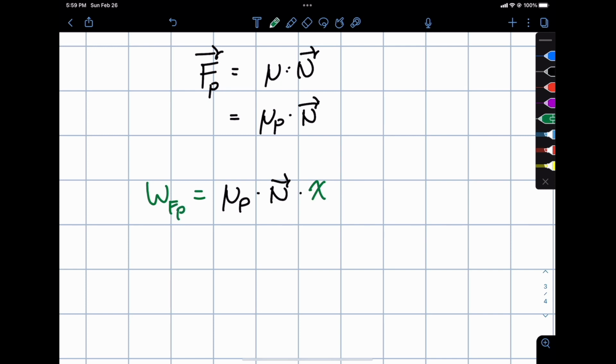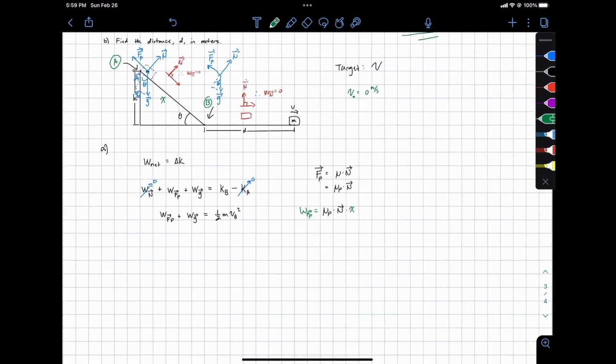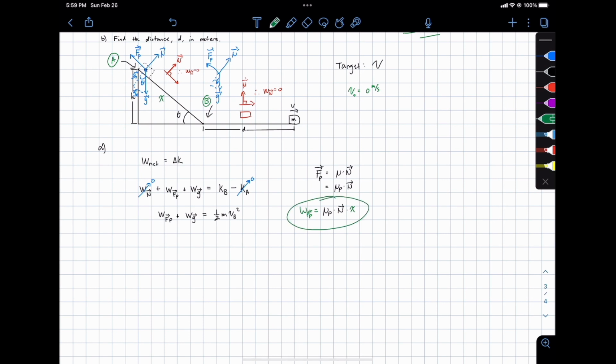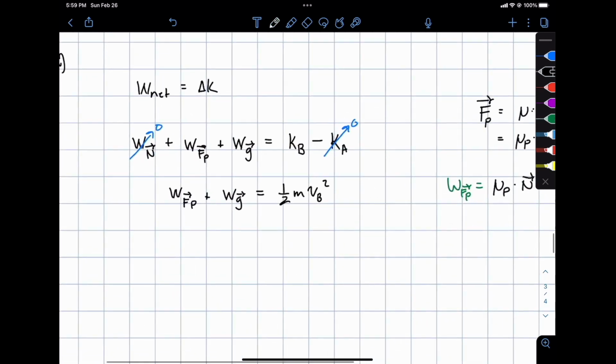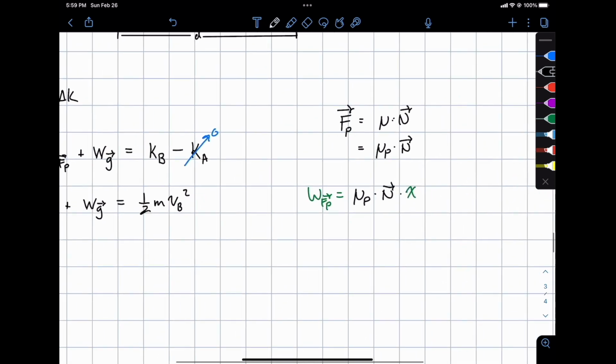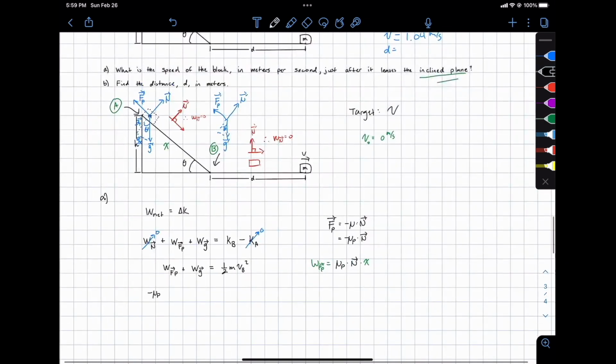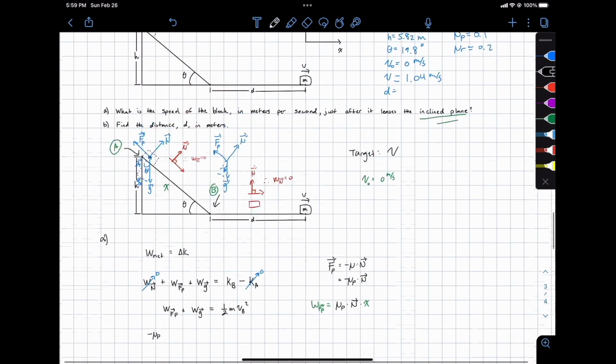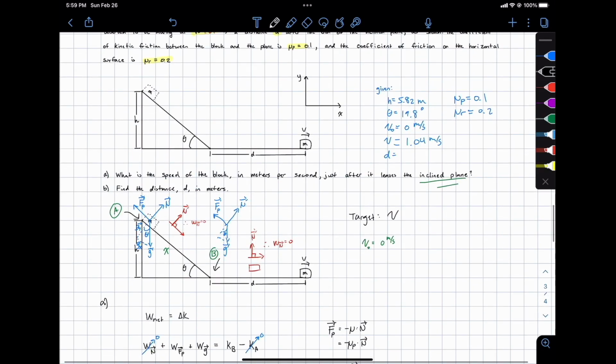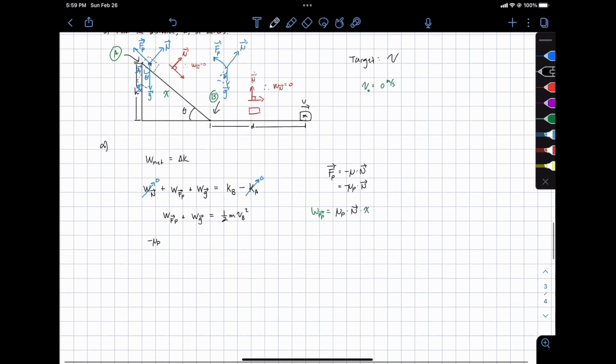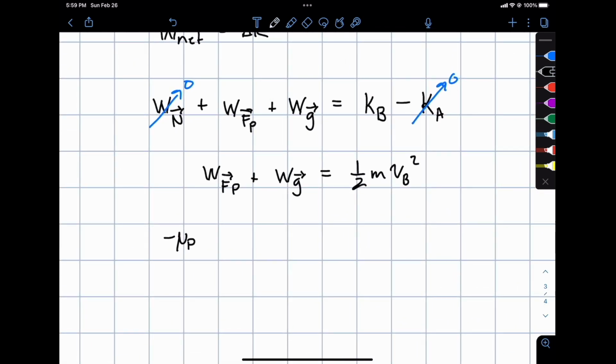This is work done by the friction force. Okay, we will go over this part in a bit, but let's first write it down. So mu p, it should be negative because it's going in the opposite direction. This is our direction, but friction always points in the opposite direction of where we are going, right? So it'll be negative: negative mu p times the normal force times the distance, as we labeled x, plus